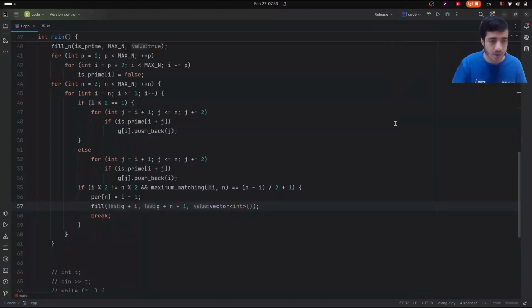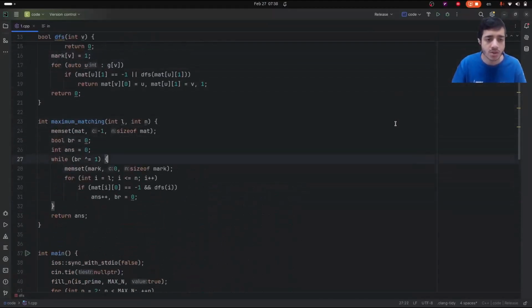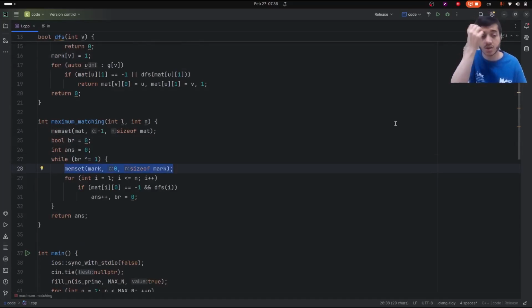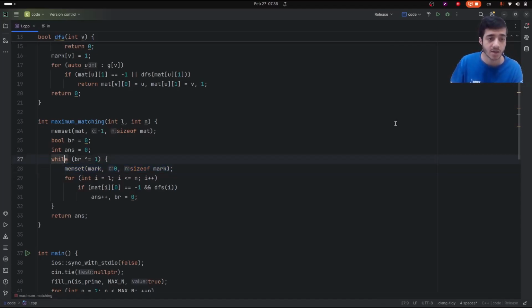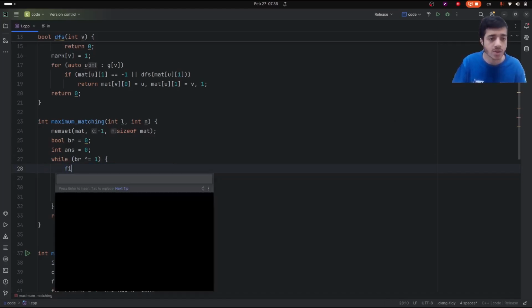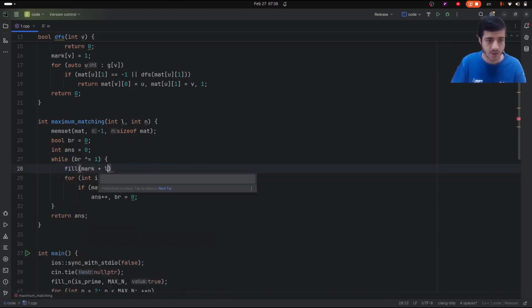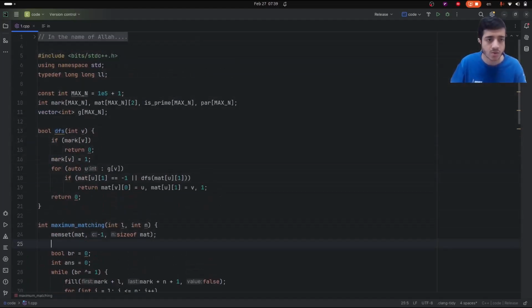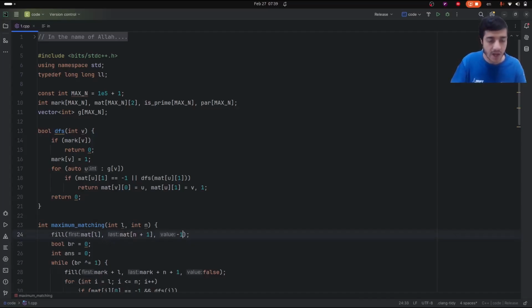Okay, I found the bug. So it was here, and as you can see, I'm filling all the big area of mark with 0, which for sure takes a lot of time. So let's do something about this, like this, and also I need to do the same for mat, fill mat, fill mat n plus 1 minus 1, and